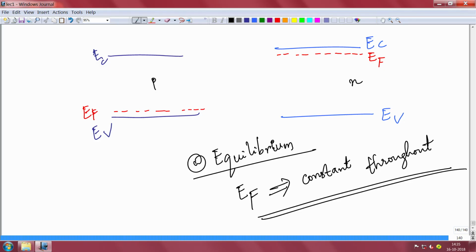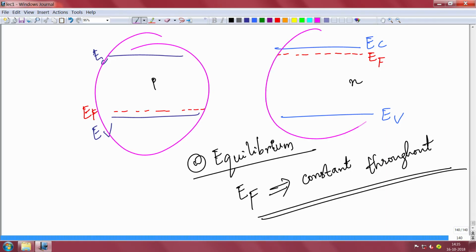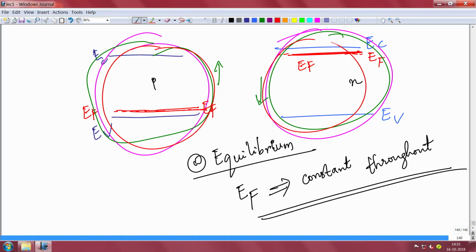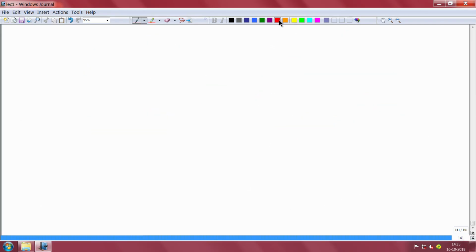Okay. So, now basically what does it mean? It means that the Fermi level on this side has to become equal to the Fermi level on this side. In other words, this side will have to come up and this side will have to come slightly down, so that this Fermi level aligns with this Fermi level. So, I'll bring this up, I'll bring this down until the Fermi levels align, and that is equilibrium. So, eventually the Fermi level has to be the same throughout.